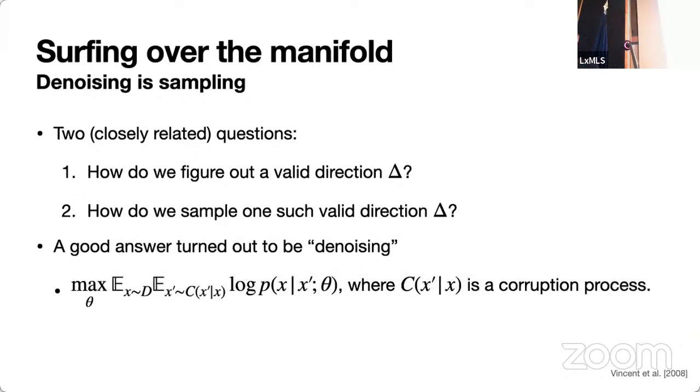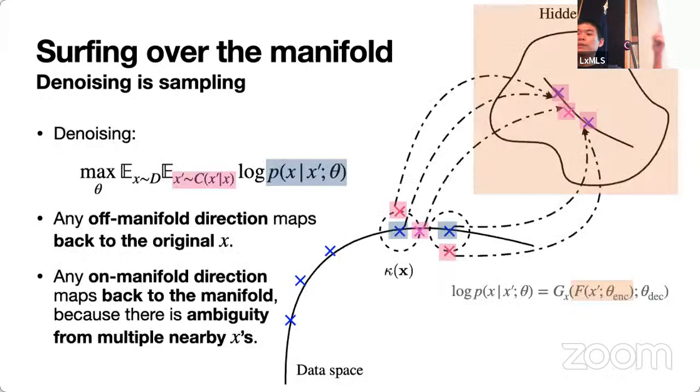And so denoising is sampling. But then the question is, what kind of corruption do we need to work with, and what kind of denoising function are we going to work with? It turned out that for denoising, we just use a neural network, like the gigantic neural networks you have already learned about. And this morning you learned about transformers. So if you're working with sequential data with discrete tokens, you just plug in the transformer. This transformer takes as input a corrupted version of the input that is slightly off the data manifold, and then it just pushes it back onto the data manifold, and we train it as a denoising autoencoder.